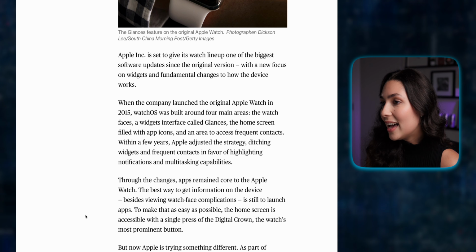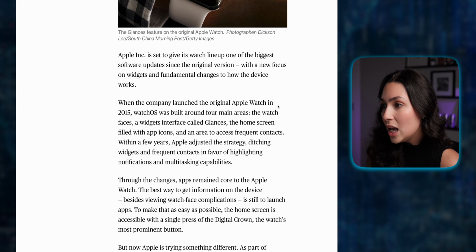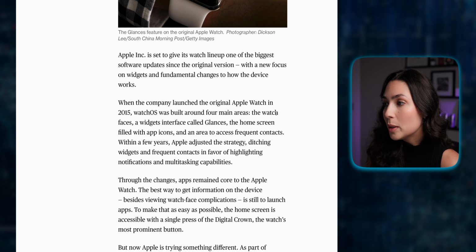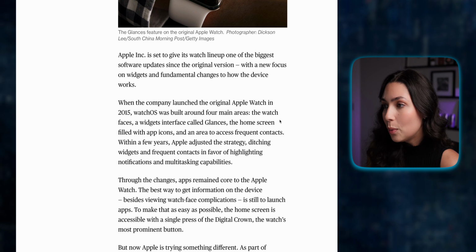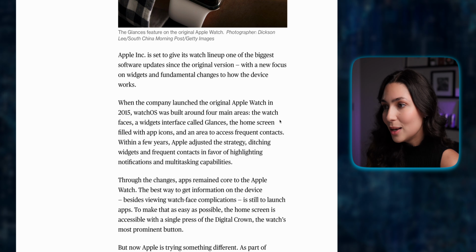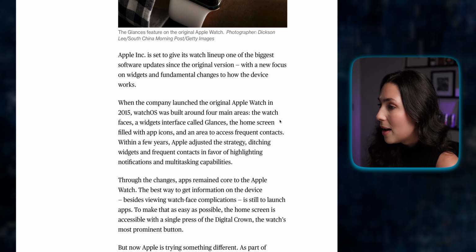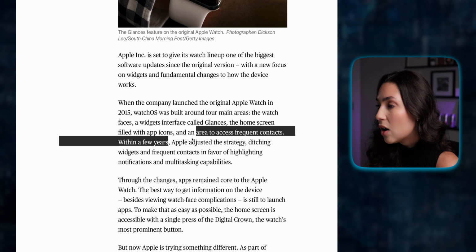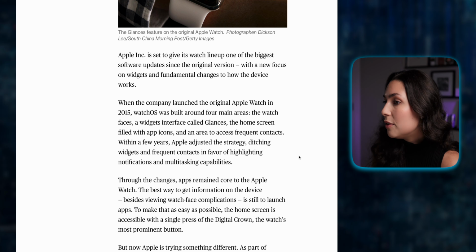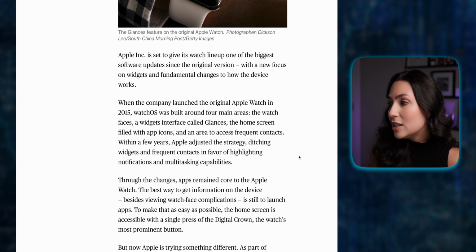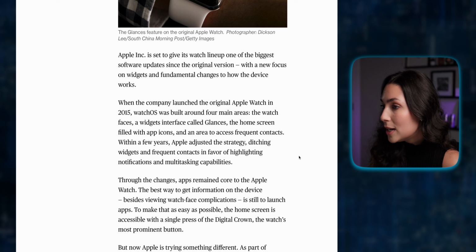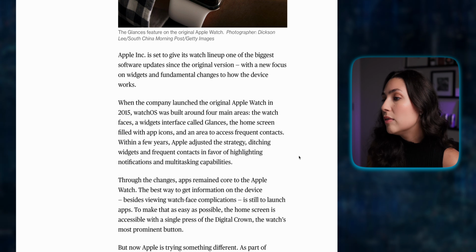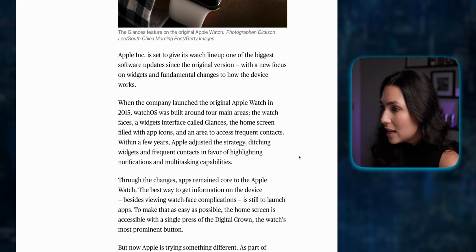He said that when the company launched the original Apple Watch in 2015, WatchOS was built around four main areas: the watch faces, a widgets interface called glances, the home screen filled with app icons, and an area to access frequent contacts. Within a few years, Apple adjusted the strategy, ditching widgets and frequent contacts in favor of highlighting notifications and multitasking